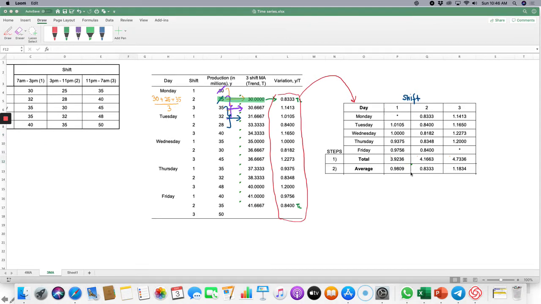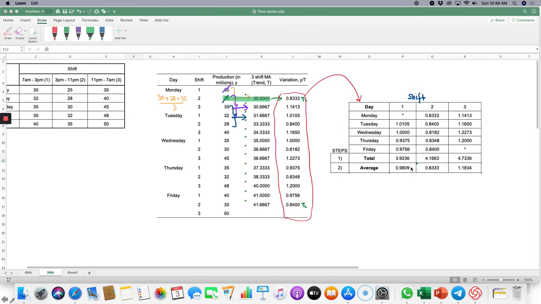For the average, for example, average 1 here, the procedure will be the total of shift 1 divided by the number of variation in shift 1. So here we have 4 information of variation in shift 1: 1, 2, 3, 4. So it should be 3.9236 divided by 4 and you will get